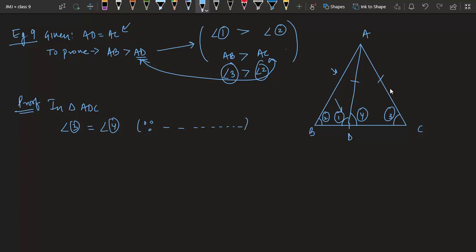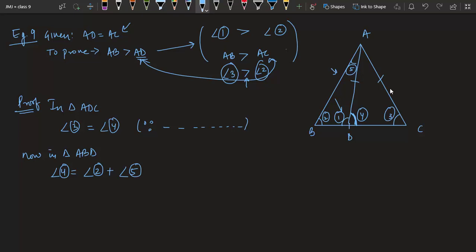Now how will this help us? These two are equal, but we want a relation of inequality. For that, you can see this angle 4 is actually an exterior angle for triangle ABD. Now you can say in triangle ABD, angle 4 is equal to angle 2 plus, suppose I call it 5, angle 5. Let me make these circles so that you don't add them. These are angle names only, not numbers. So we can say angle 4 equals 2 plus 5.